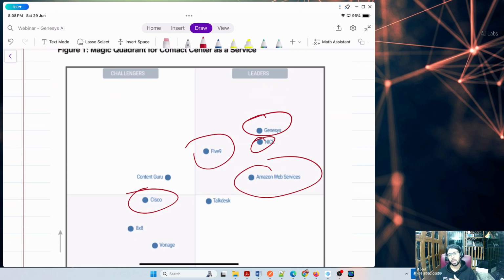Yes, of course, it can be integrated with the telephony solution. Like when an agent gets the call, it can be routed to Microsoft Teams or a Cisco IP phone. But they natively offer a WebRTC based interface where the agent can simply use their browser to answer the call.